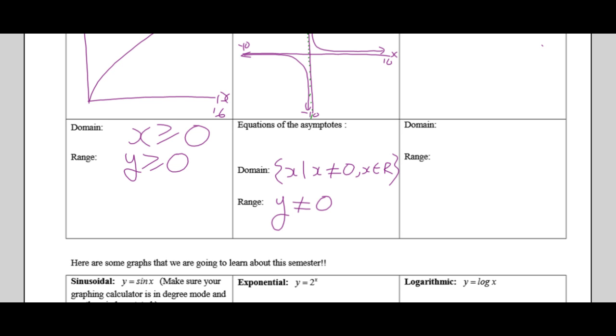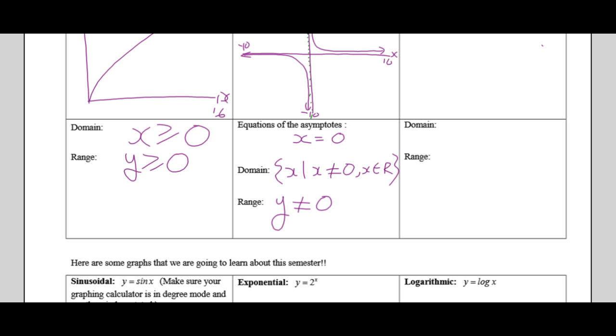Equation of the asymptote. So the line the curve approaches but does not touch. This is a vertical line with the equation x equals 0. Okay. That's the equation of that line, right? Because what can't x be? 0. What happens as you get close to 0? Well, you start getting really, really small values. And when you take 1 over a really small value, you get a really big value, and that's why it's